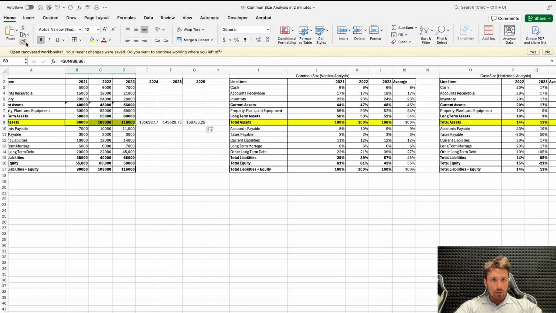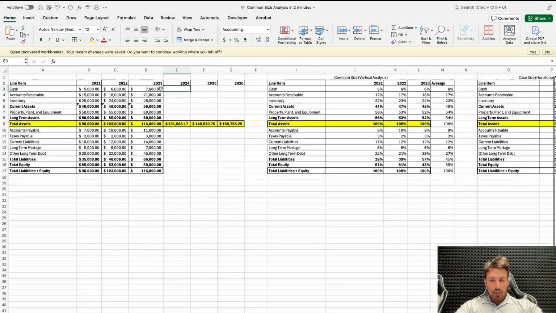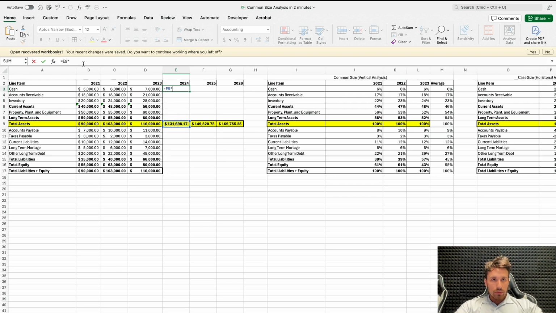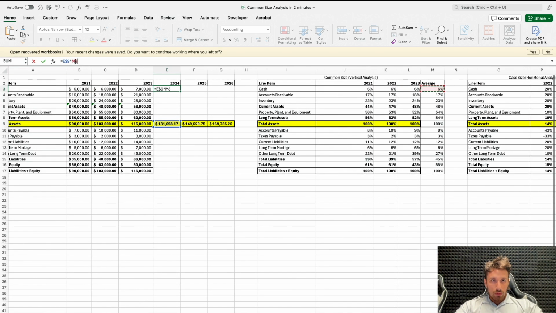And then again, everything on this statement is going to be a percentage of those total assets. I'll change this to currency again. That way it makes it a little bit easier to look at. All right, so cash is going to be this total assets, which we will lock the row here, but not the column. That way we could pull it over, and we'll multiply this by our average for cash. We'll lock the column here, but not the row. So if I pull this down, all right,